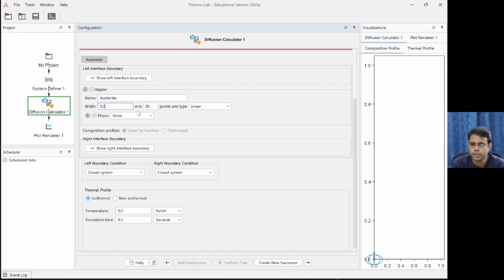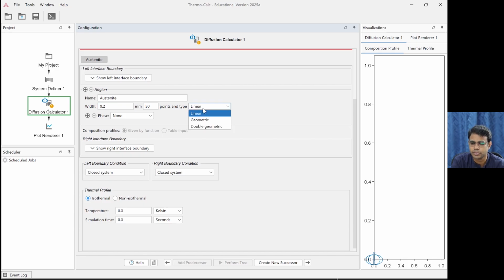Okay, 0.2 mm and 50 points in linear type. This is okay for us. What are these options? These 50 points in linear type means 50 different points in this 0.2 mm will be selected, where the concentration profile will be analyzed. These 50 intervals are chosen uniformly, that is the linear type of distribution of points.